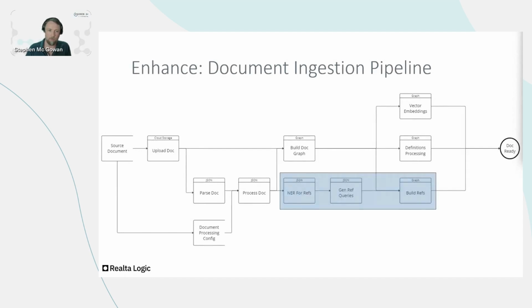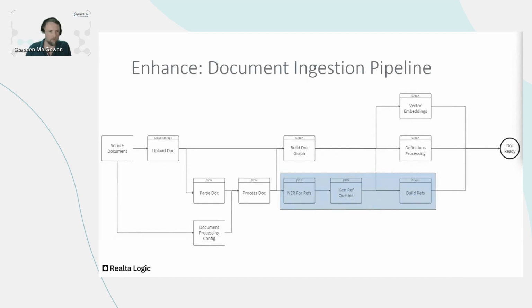But the part we're going to dig into in a little more detail here is looking at how we extract references, which is where we use a small language model. Something that's a simpler sort of trained model for extracting references. So this is like, I want to look at every paragraph and say, does this paragraph refer to another paragraph? And if so, give me that entity. So is there something that says like section 2 of the Act, or section 32 of this instrument, something along those lines. From those, we then pass them through an LLM using few-shot learning,